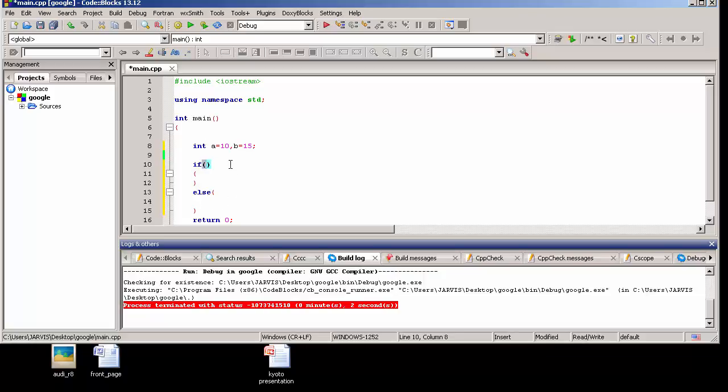So just put some conditions in here, like a is less than b, then execute cout something like a is smaller, and if this is false, it will cout a is greater.